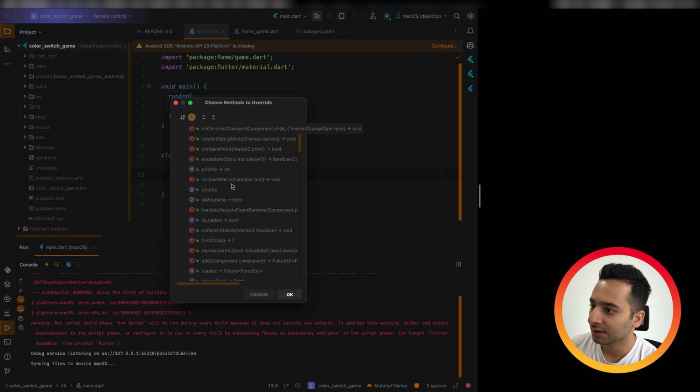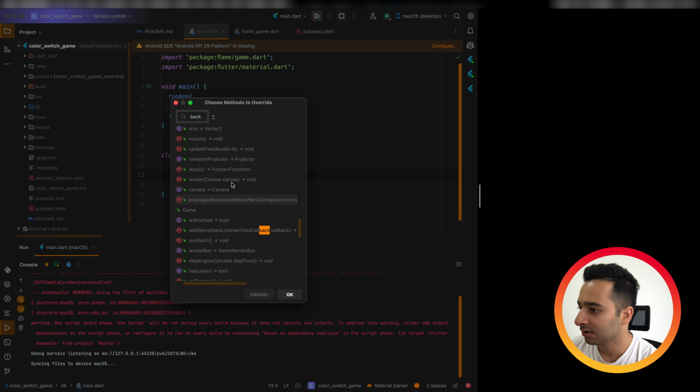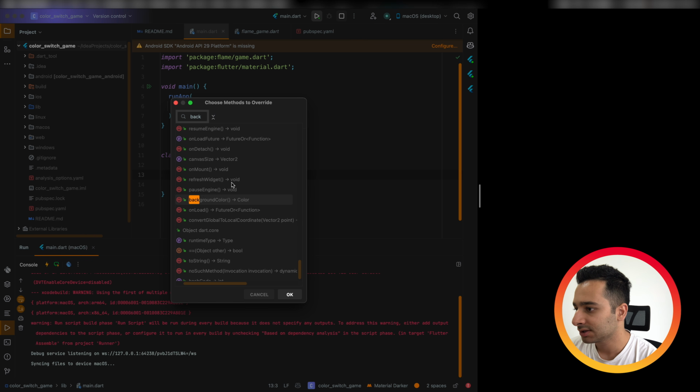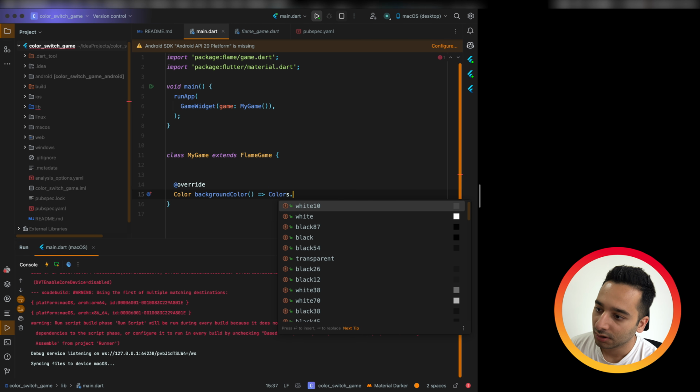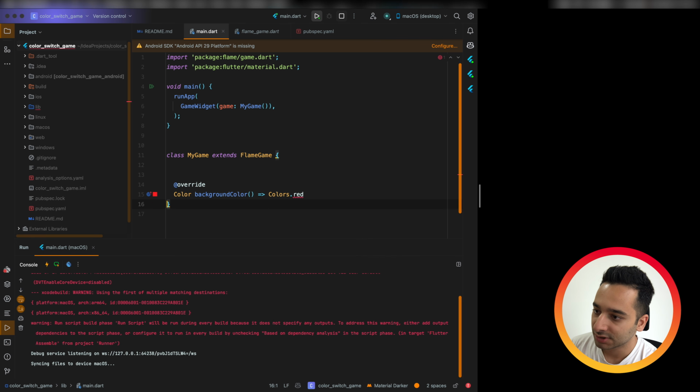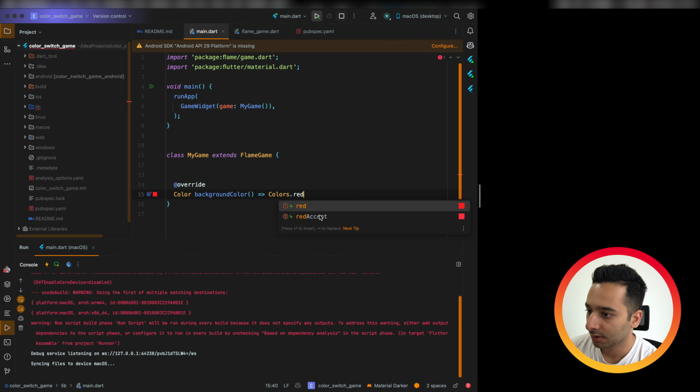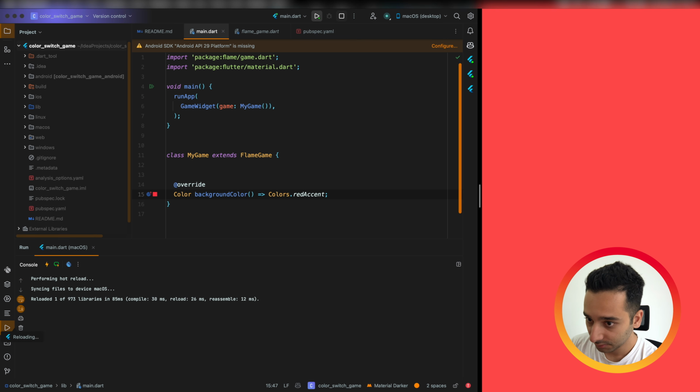I'm pretty sure that we had something like background. Yes, backgroundColor. For example, you can override this method to tell Flame that you want to have a red background, for example. If you hot reload, you will see that it changed the background color.